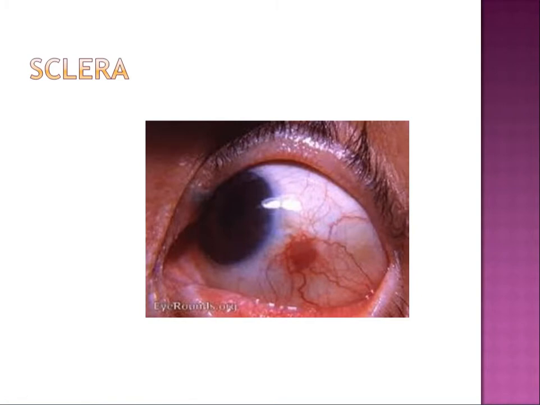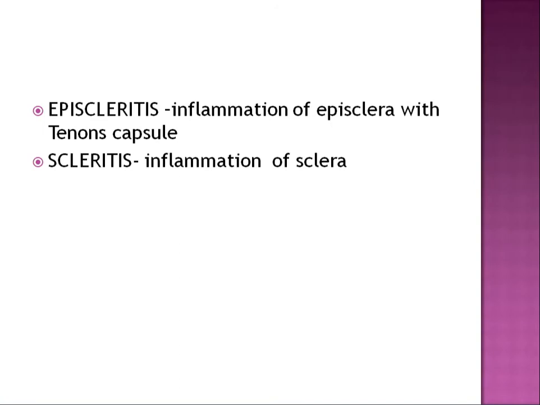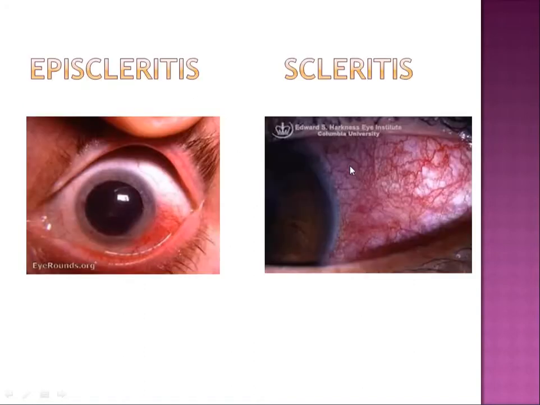In sclera also, the involvement can be of the episcleral tissue or the scleral tissue proper. Depending on that, we classify again as episcleritis and scleritis. Basically, episcleritis is only inflammation of the episclera, whereas scleritis is inflammation of the sclera. How do you differentiate between these two? Episcleritis is usually localized. Sometimes it can be diffuse, definitely, but it is a temporary problem. The patient will not have chronic or recurrent episodes, whereas in a case of scleritis, the patient will have recurrent episodes and there will always be a predisposing factor. Predisposing factors here are usually autoimmune in origin.